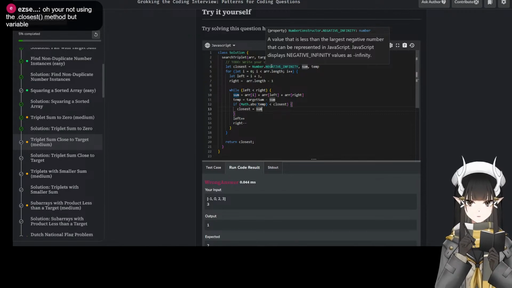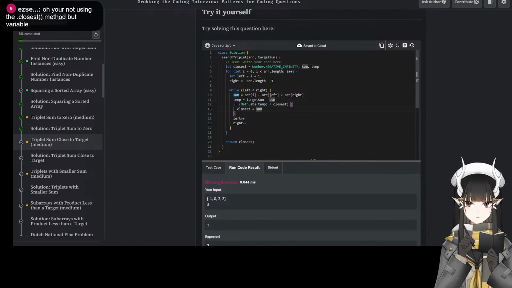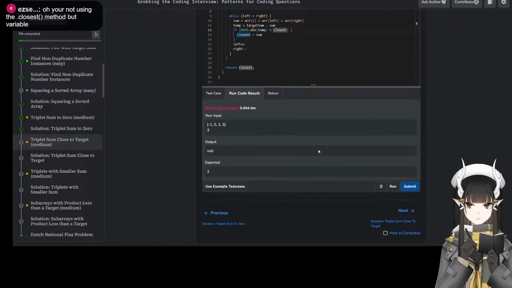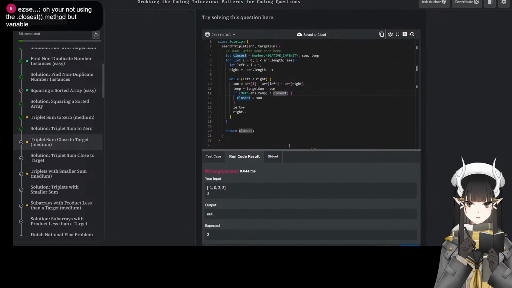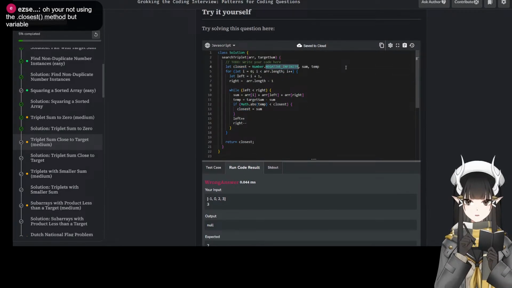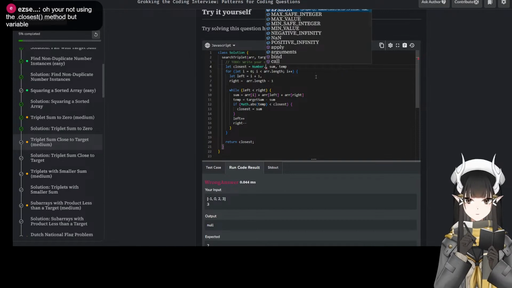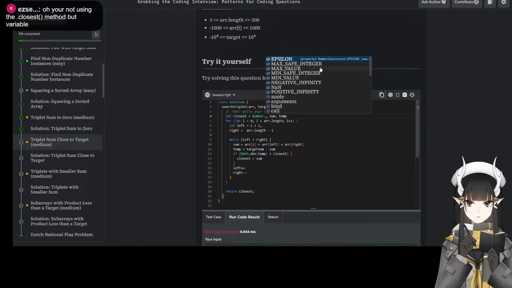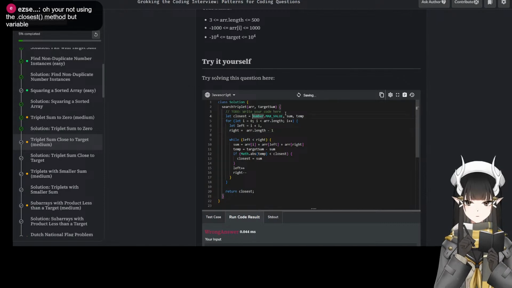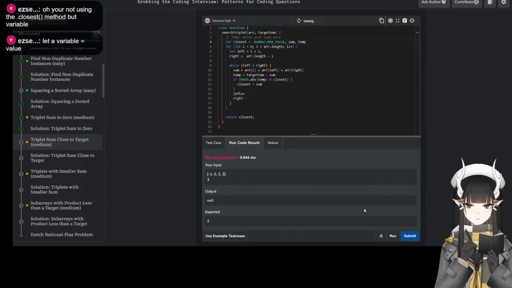A value that's less than the largest negative number. So in that case, this comparison will be not a number then. Yeah, no, because we're comparing not a number. Is there a max value or negative max value?